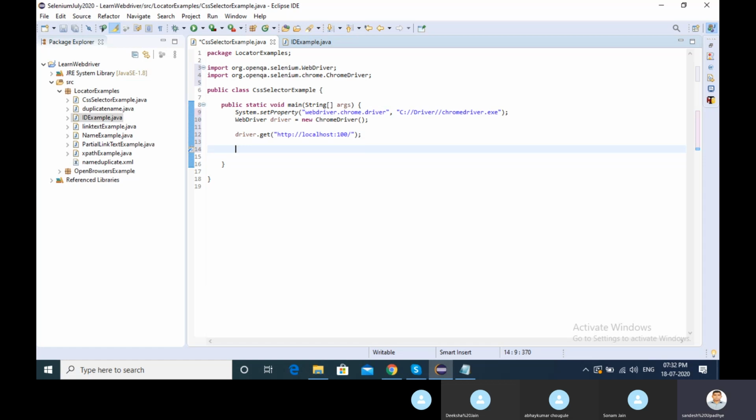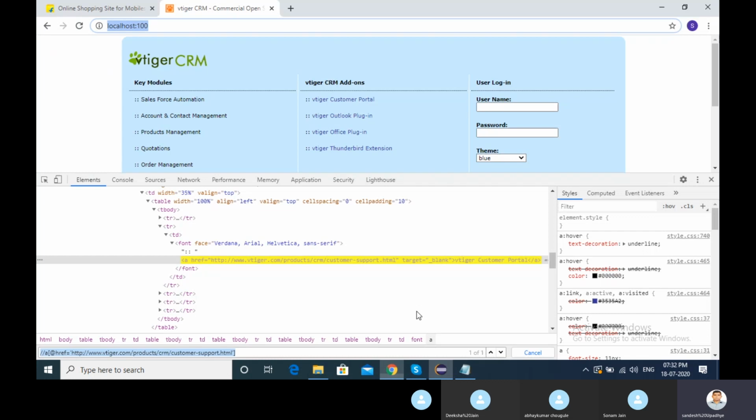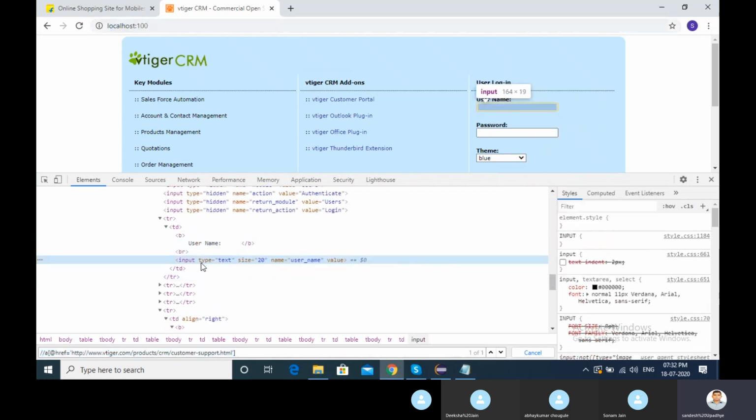Now, in order to interact with a web element, such as click or type something, we need to first locate the element, right? One of the other most important locators is the CSS selector, but I always prefer XPath because XPath has so many conditions. But there is one more thing, you can choose the CSS selector to identify your locator. So now I want to put this username using the CSS selector itself.